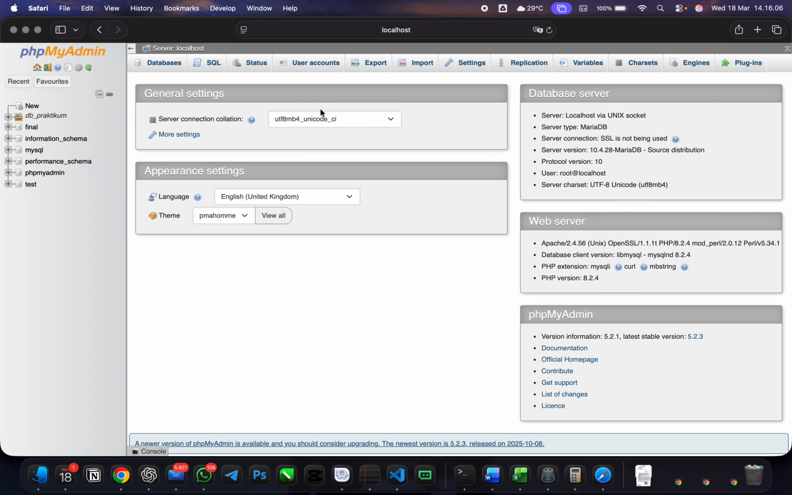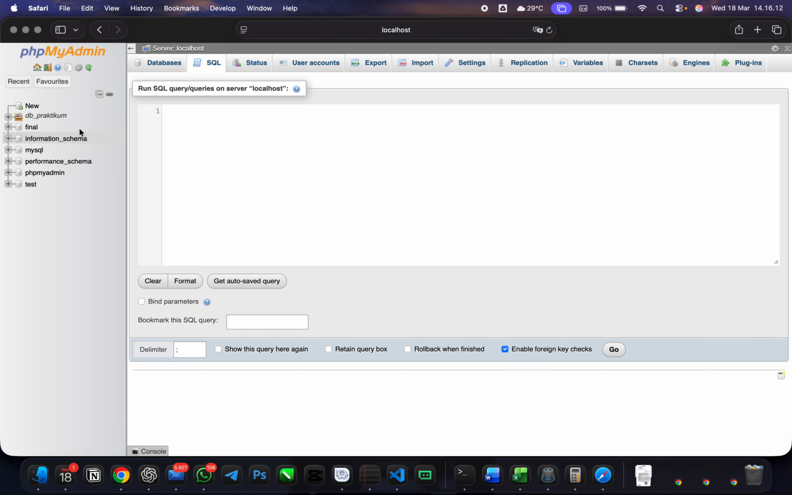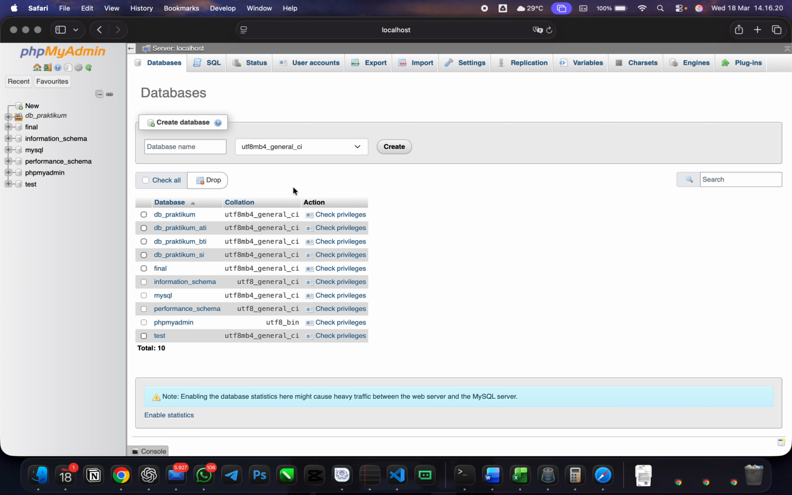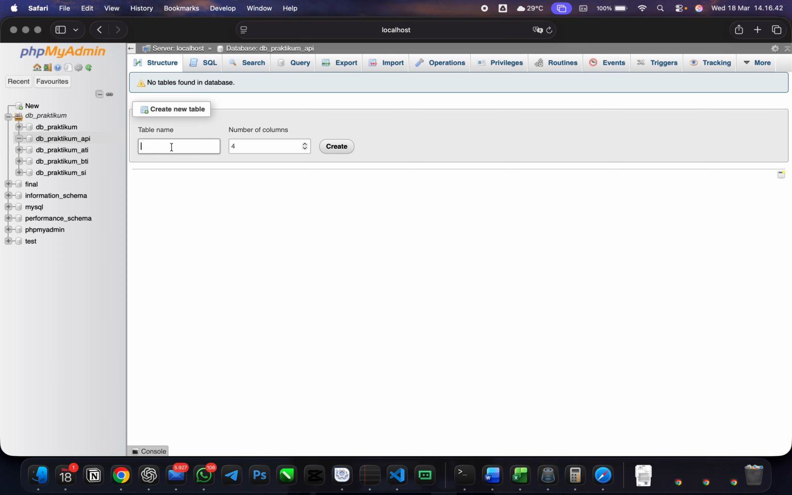If you want to use code, you can open the SQL tab over here and run a query, but it is much easier for you to just utilize the user interface by clicking New in here, and the database name will be db_practicum_api. It will be the same for both studies, Sistem Informasi and Teknik Informatika. There will be no differentiation. Just select as is, do not change anything. Create, okay, and we will create a new table called tb_mahasiswa,